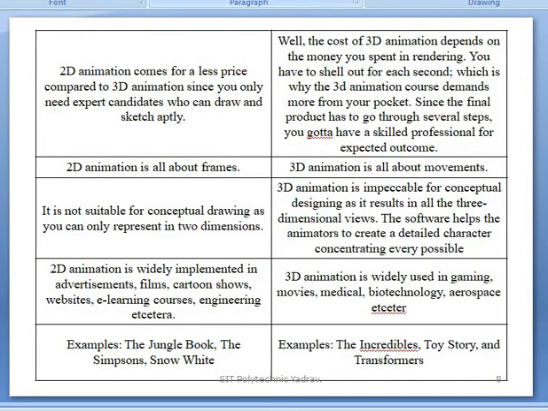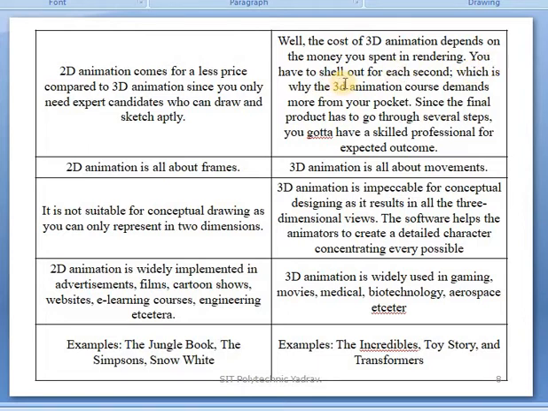Next difference: 2D animation comes at a lower price compared to 3D animation, since you only need an expert candidate who can draw and sketch aptly. In 3D animation, the cost depends on the money you spend on rendering.